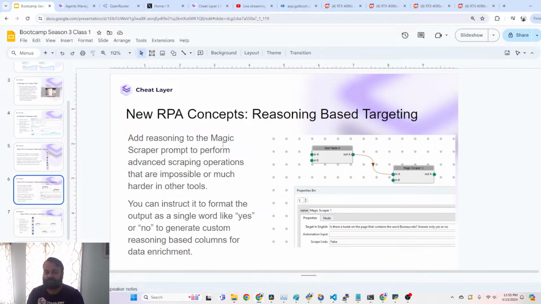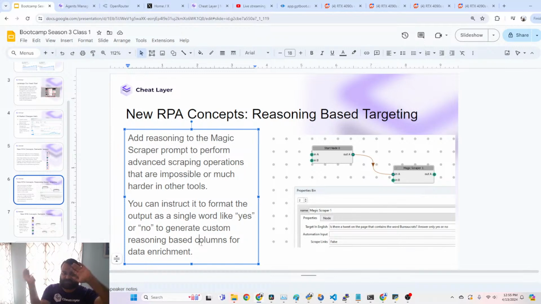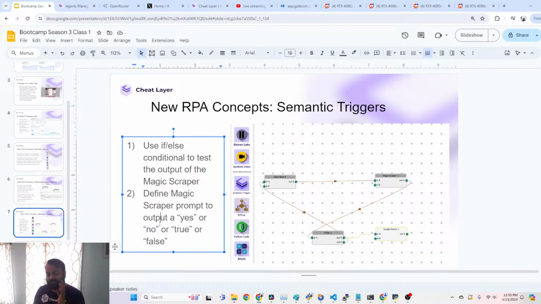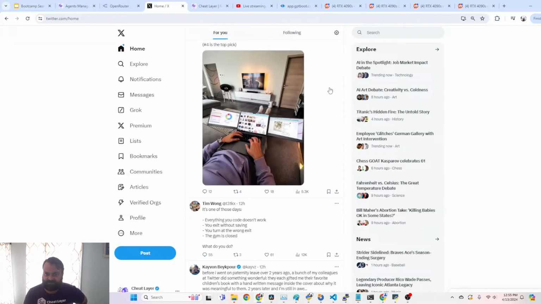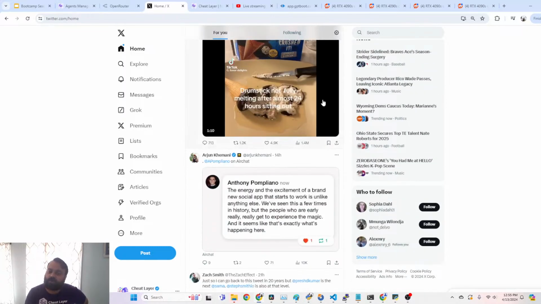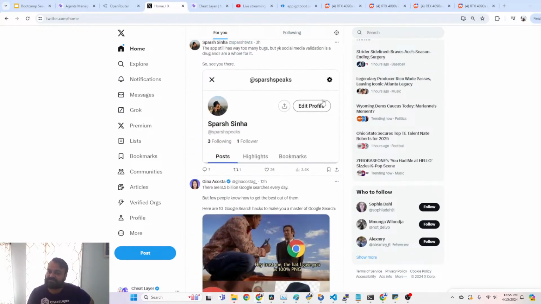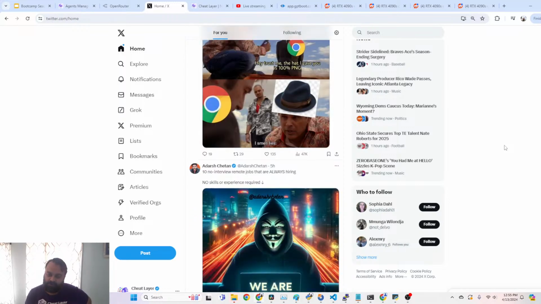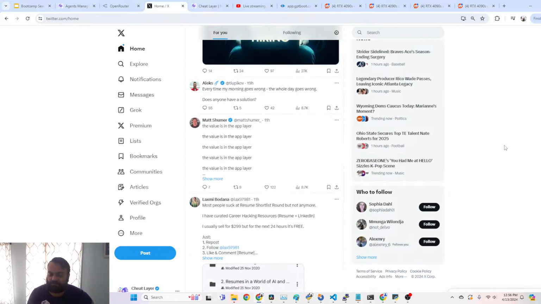Now we're going to take that a step further. You can add on to reasoning-based targeting, just like how we were running this multiple times. I ran it and it said yes, and then I ran it and it said no. You can build an agent that scrolls down a little bit, runs it again, says no. Scrolls down a little bit, runs it again, says no. Scrolls down a little bit.